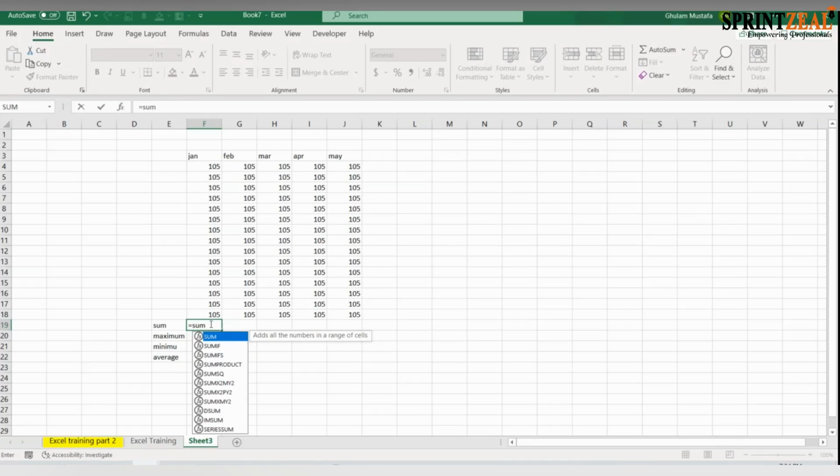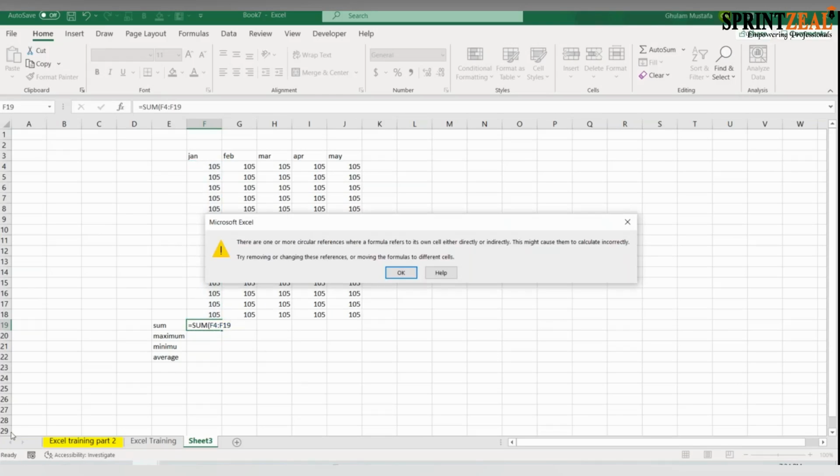Then click on the top 105 and then shift all the way down, or would you shift all the way over to May? Down. Very, very good. This is the result for January. Okay, just for January.